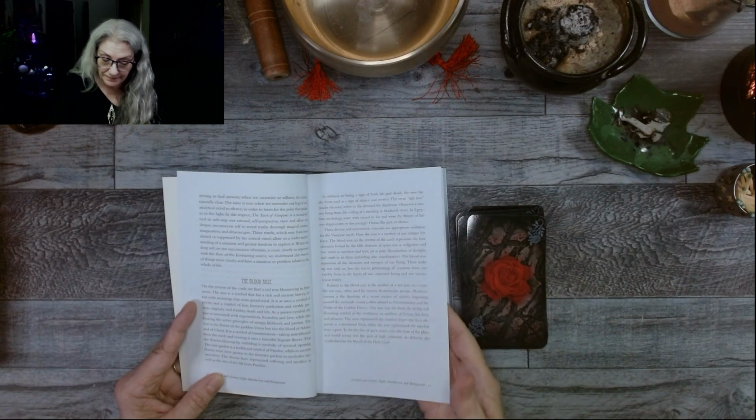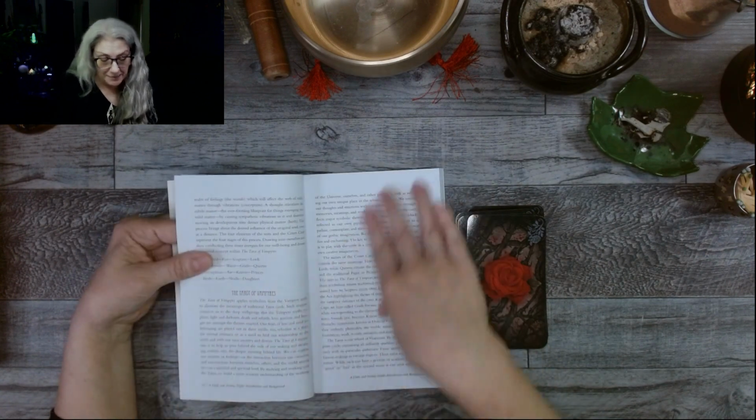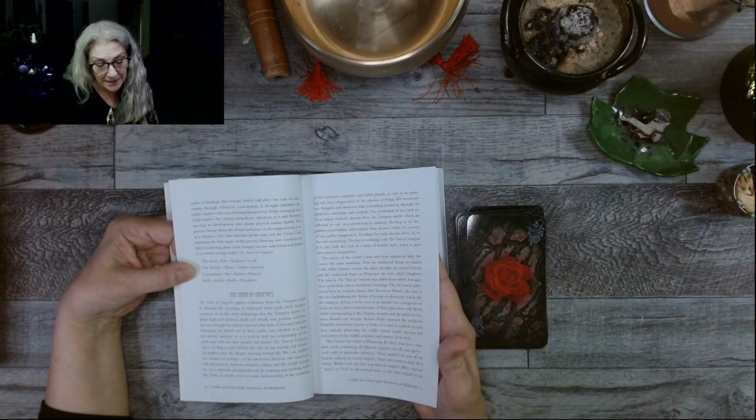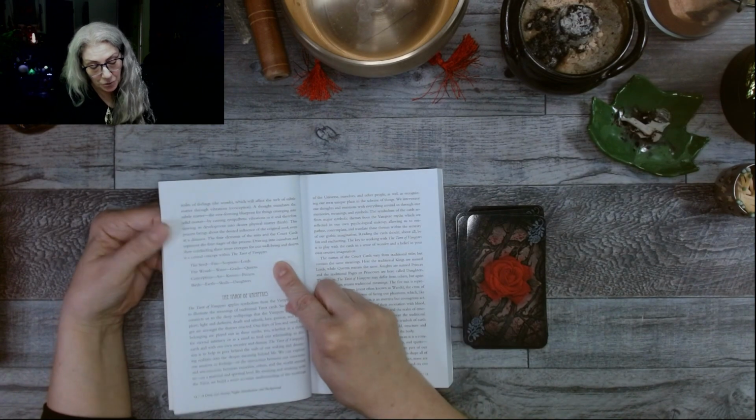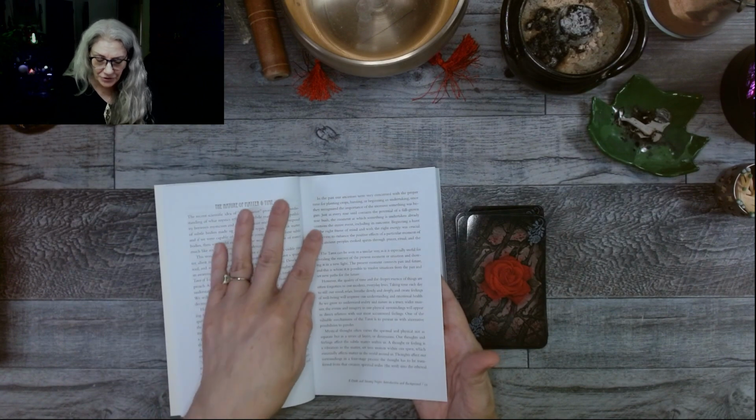All right. So, then we have the nature of matter and time, the Tarot of Vampyres. Okay, so we have the court cards. Kind of interesting that in this nature of matter time,